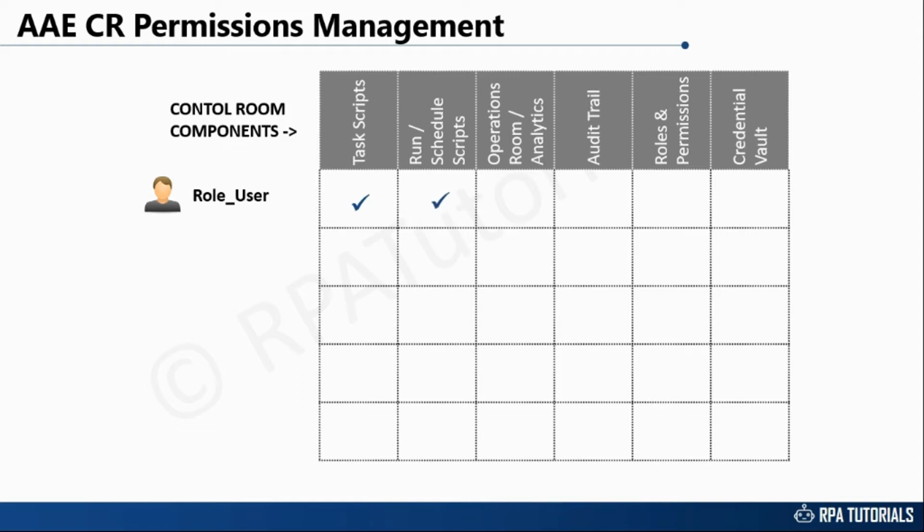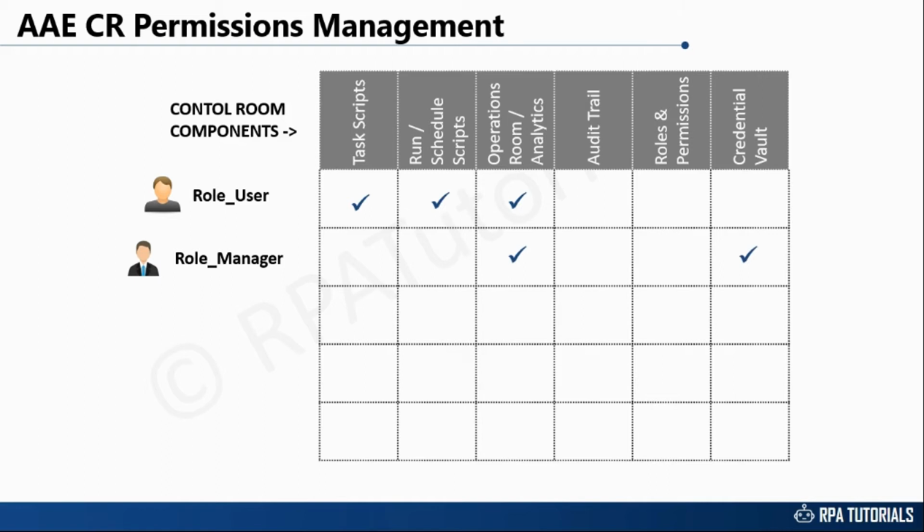Access to Operations Room will allow them to see which tasks ran successfully, which ones failed, and which ones are in progress. We can create a role for the line managers as well. The managers would be more interested to see how many bots worked successfully and how many failed. How many are running and how many are scheduled. Operations Room can also offer analytics on bot operational data. If you are using Credential Manager for storing business applications credentials, then you can give access to the managers to manage credential variables defined in the Vault.